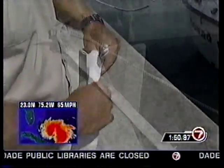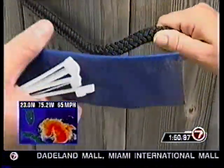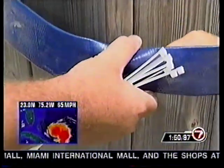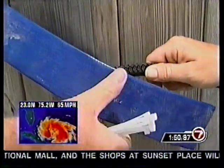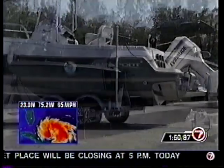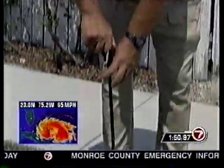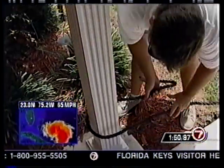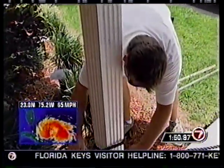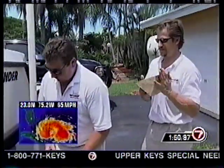Then make sure the lines are free from any unnecessary rubbing. The chafe on the wood would definitely go, but if you put this all the way around the whole thing and secured it with tie wraps, your line's going to last a lot longer. Your lines have also got to last if you're going to store your boat at home. You can use trees, augers, things that go into the ground that will provide a stable anchor point. You can even tie your boat to the house if you have a sturdy pole or post. But don't forget to also secure the trailer by tying it up and blocking the wheels so